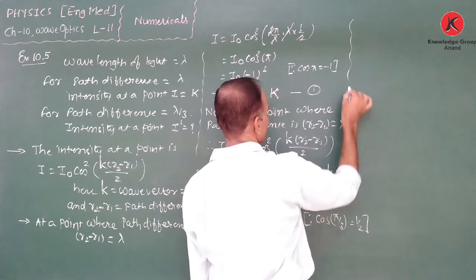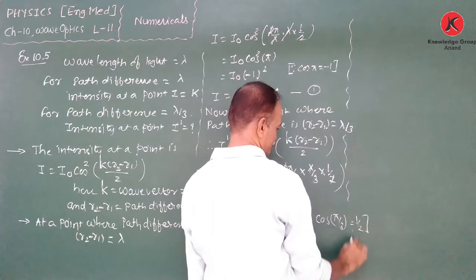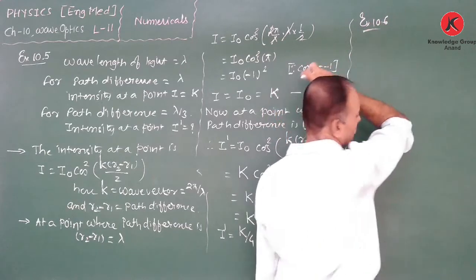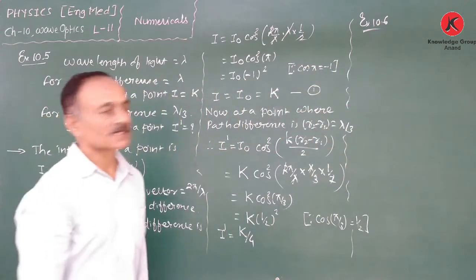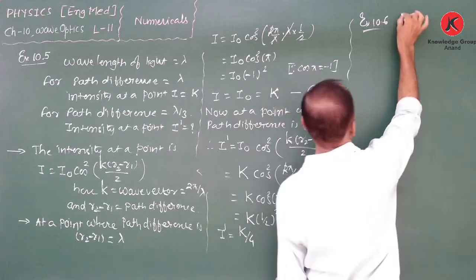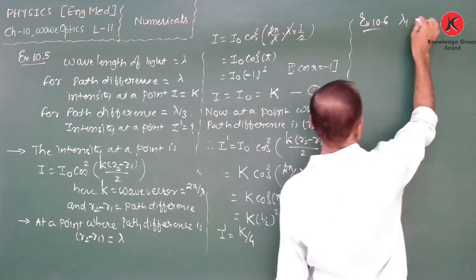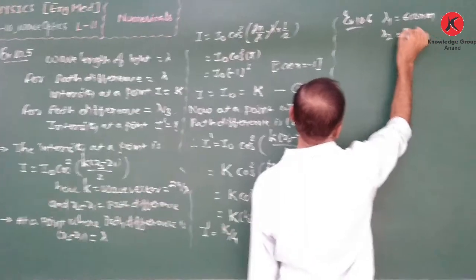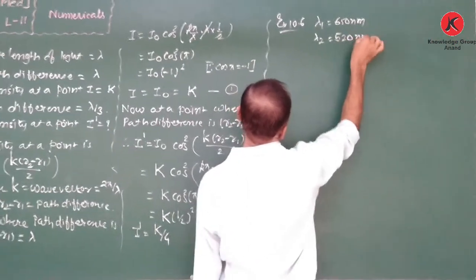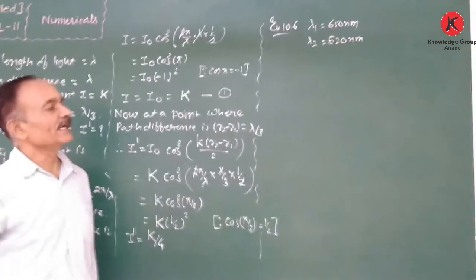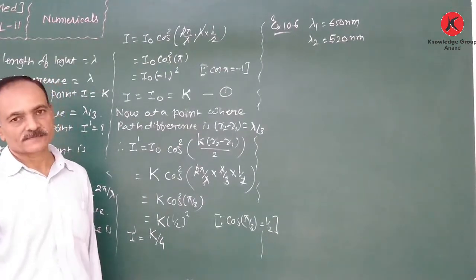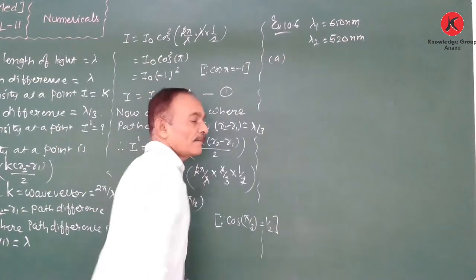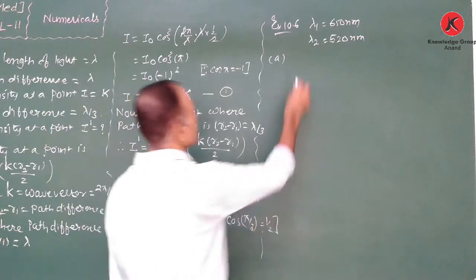Now the next numerical is example number 10.6. A beam of light consisting of two wavelengths, lambda 1 is equal to 650 nanometer and lambda 2 is equal to 520 nanometer, is used in Young's double slit experiment. First, find the distance of the third bright fringe